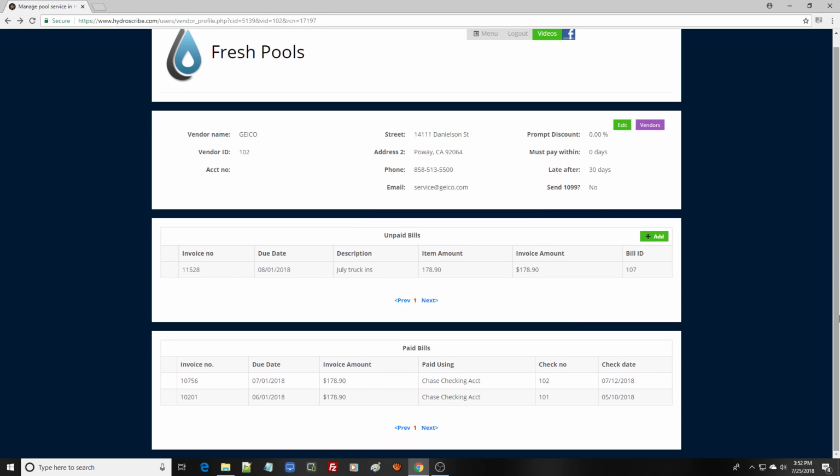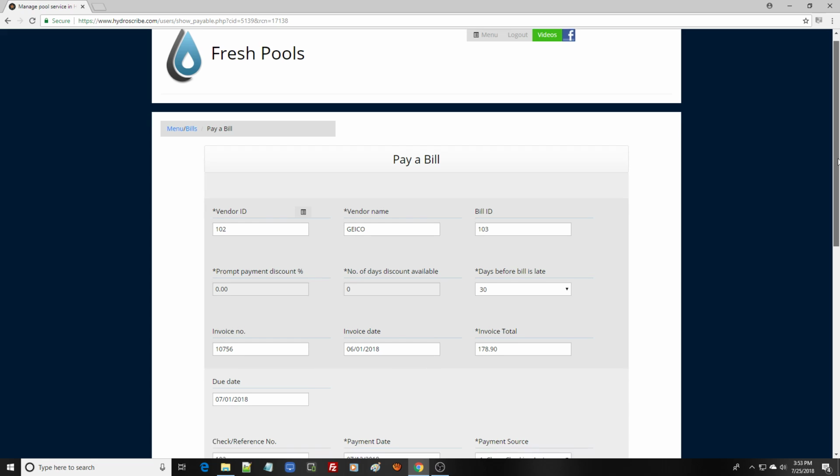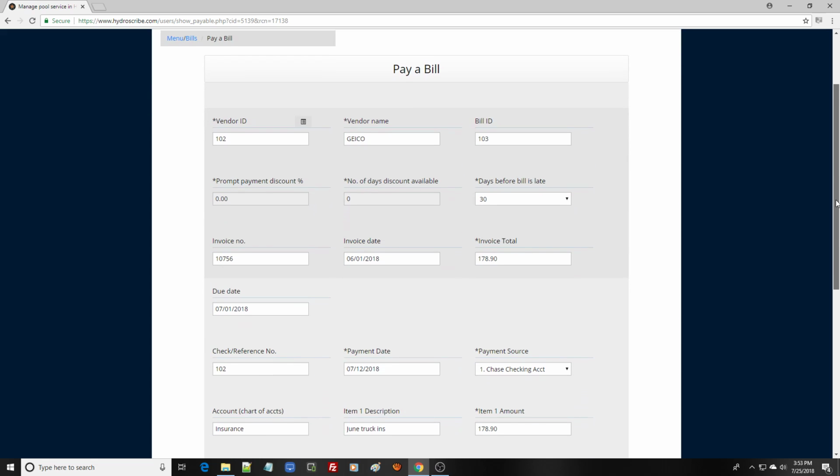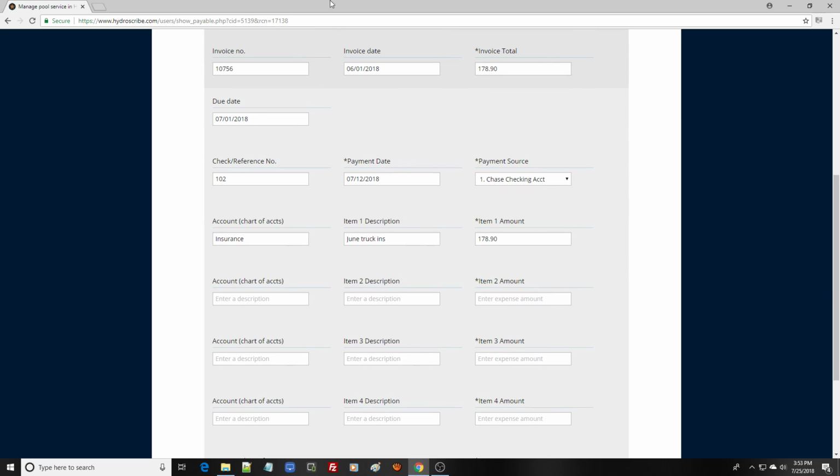And below the vendor account are the unpaid bills for that vendor that are in the system at the moment. And then below that is a list of the paid bills. Let's take a look around. So I'm going to click on a paid bill, and it brings up the bill. As you can see, we have the details of the vendor up at the top, and then the items on